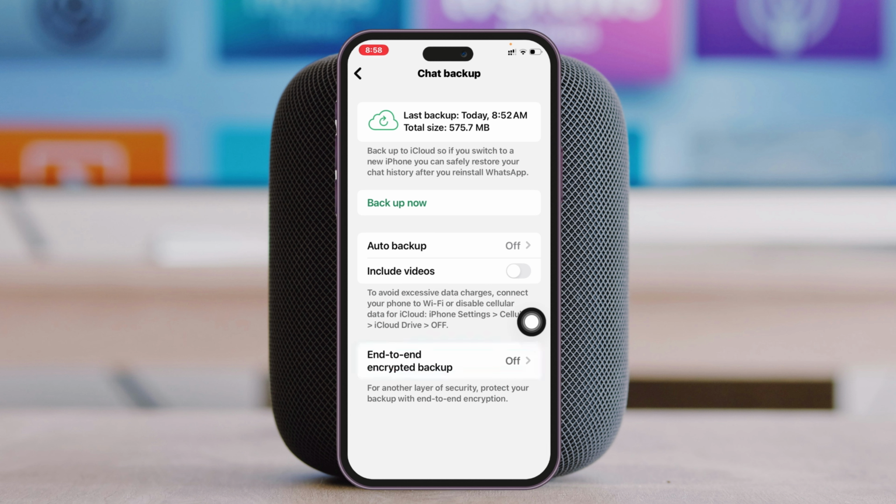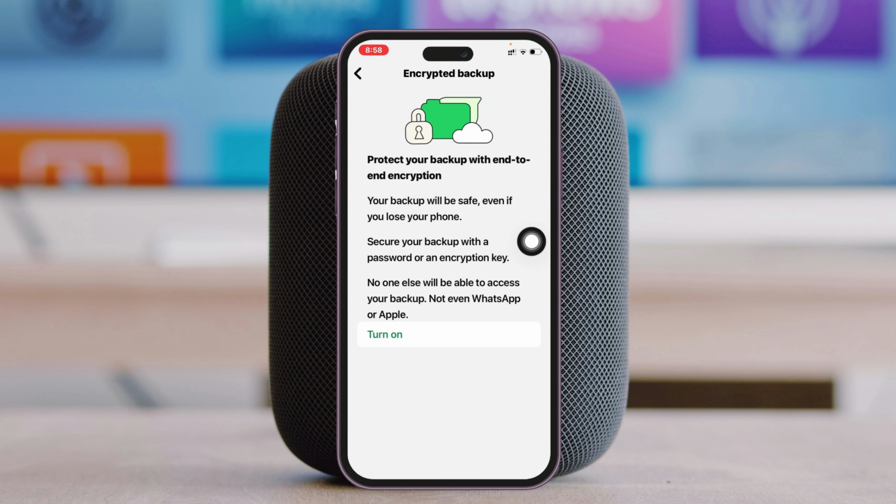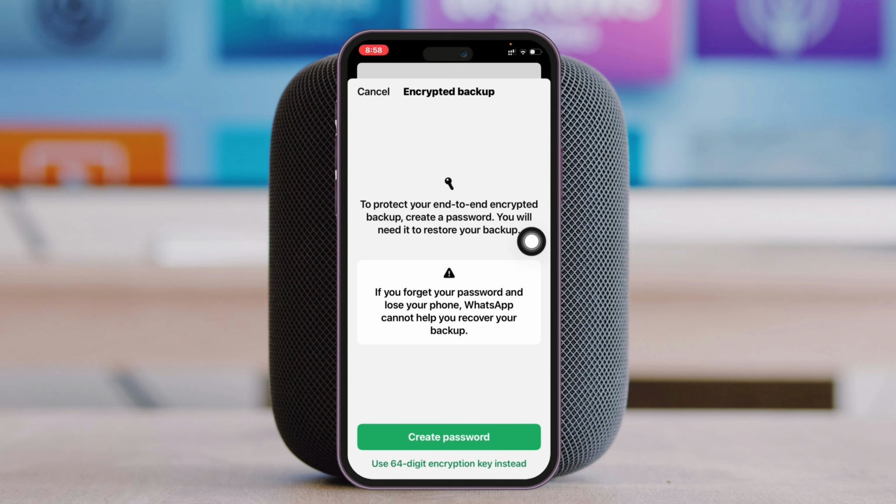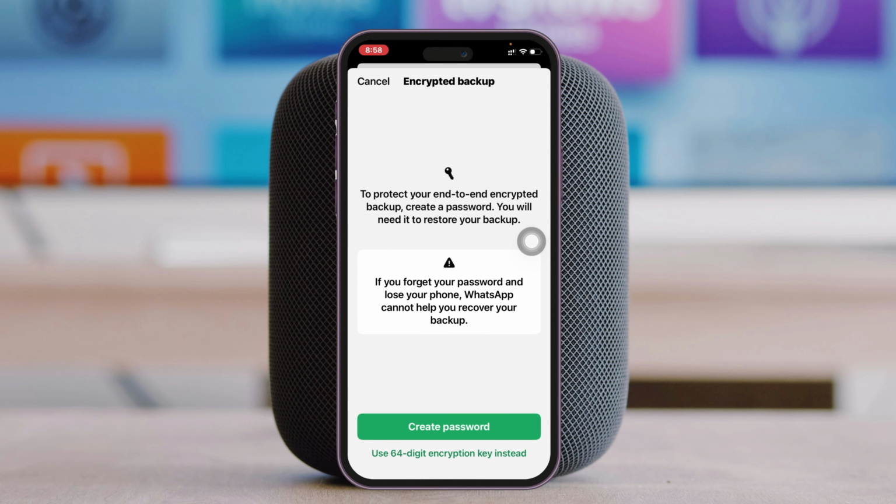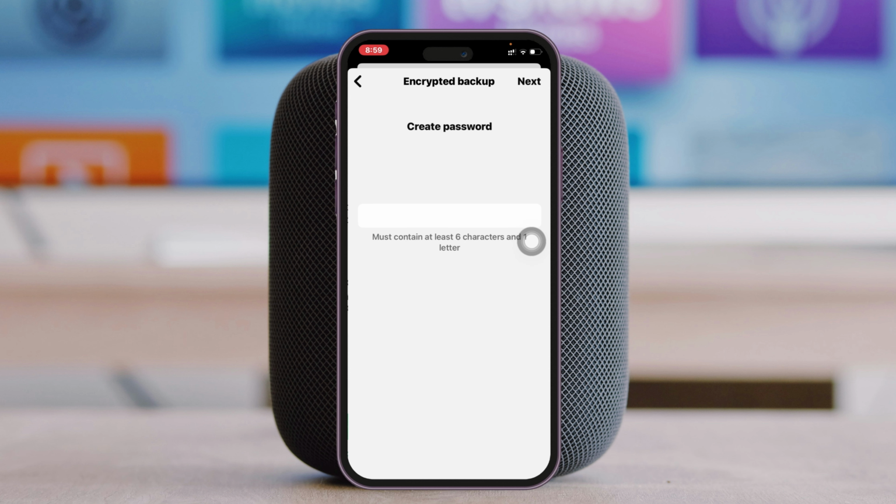You just need to tap on this and it will ask you to turn on this feature. So I'm going to tap on turn on. And you just need to create a password for the encrypted backup. Here it says if you forget your password and lose your phone, WhatsApp cannot help you to recover your backup. You just need to keep in mind and then go and tap on create password and then go ahead and